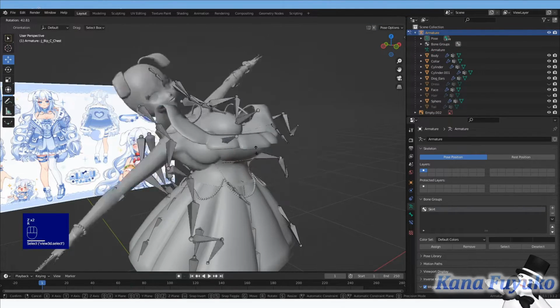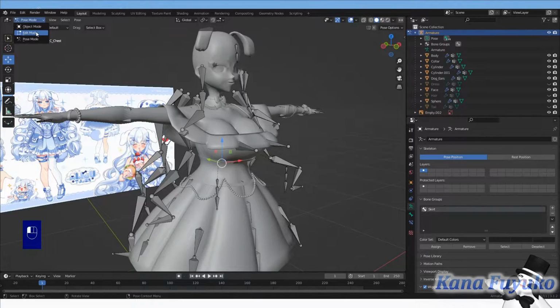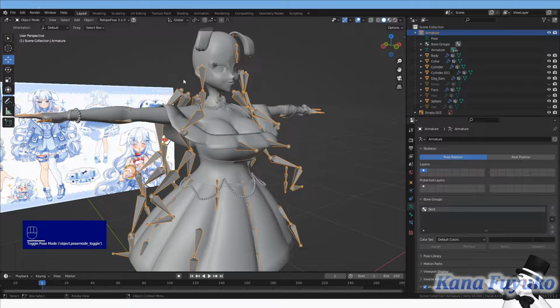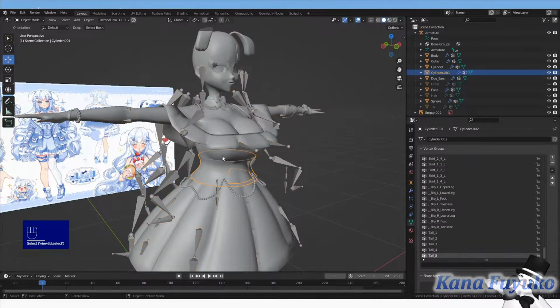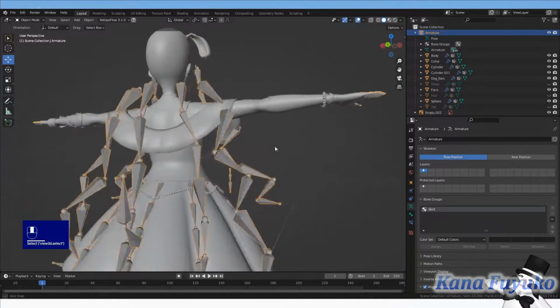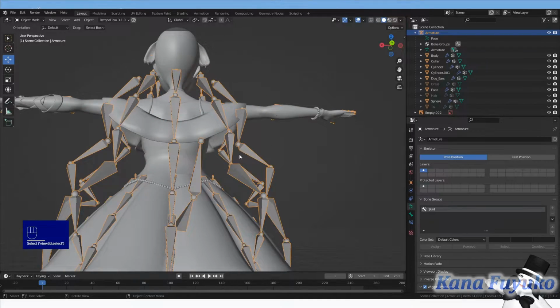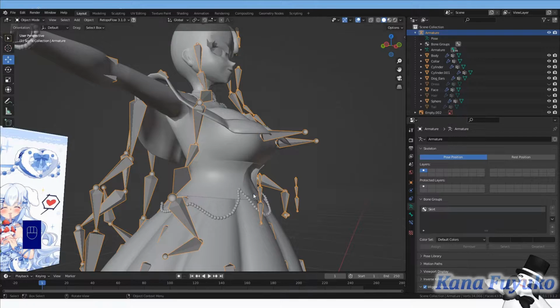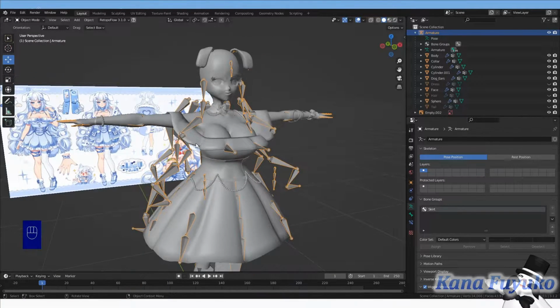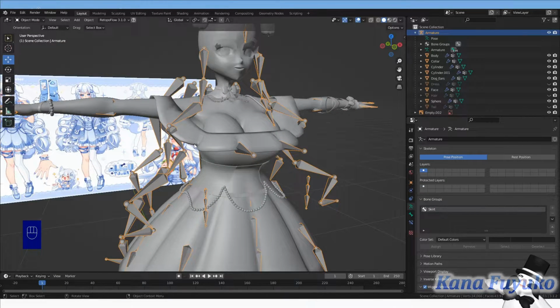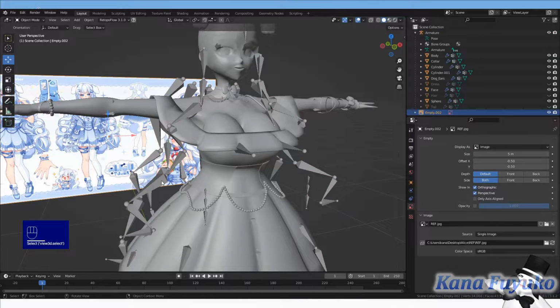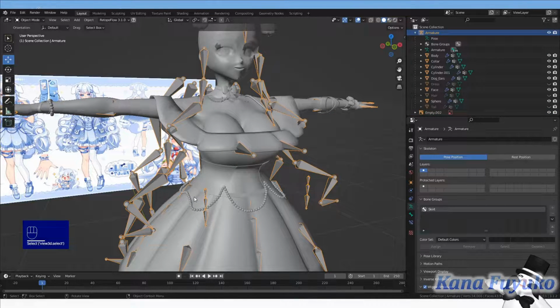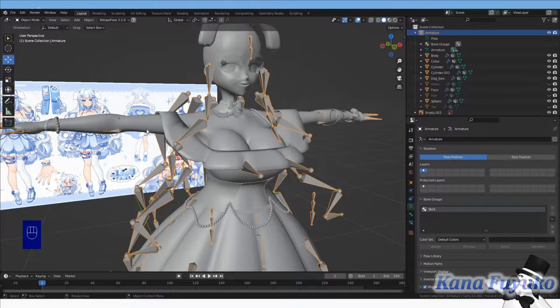So it still won't follow the model, but it's already connected. The reason why is because if I were to auto weight paint this dress to the rig right now, the hair and the tail and the little cotton ball puffs here for the coat would end up getting caught in the dress, and the dress would have a very terrible rig and wouldn't be usable properly. So that's why I do that as my first step.